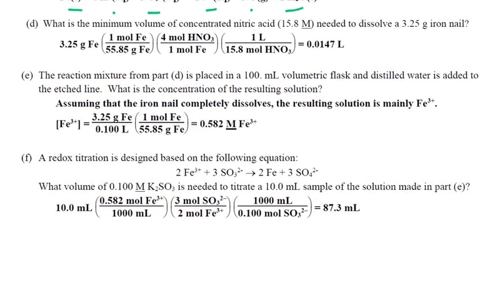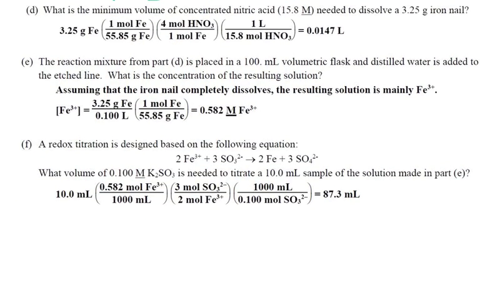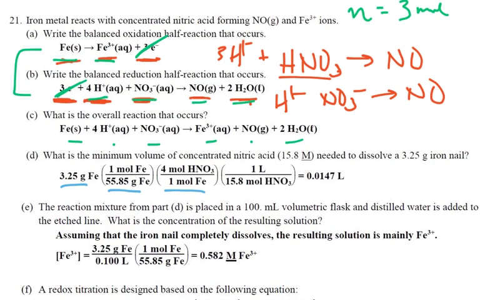So letter D says, what's the minimum volume of concentrated nitric acid needed to dissolve the 3.25 gram iron nail? Okay, well this is just a line equation like we did in the lab. So we have grams of iron. We have to go grams of iron to moles of iron. That's molar mass of iron. And then this is the slightly tricky part, and that is the idea that, it seems reasonable that if we're saying for every iron we need 1 nitrate, so we're going to need 1 HNO3, but in fact,